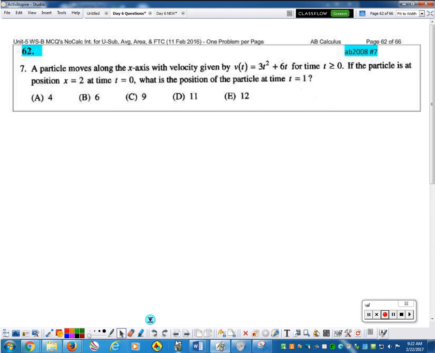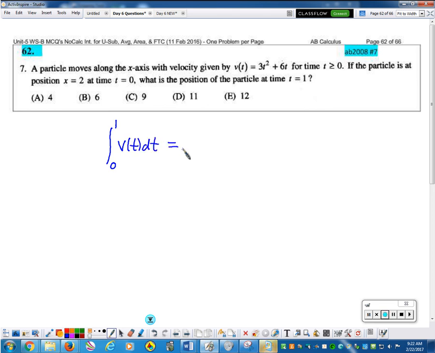This problem is actually exactly like the problems on the last test. They give you the velocity. So the first thing I note is that if I integrate the velocity, let's see, the time period of interest here is time 0 to time 1. Velocity formula, so if I integrate the velocity,